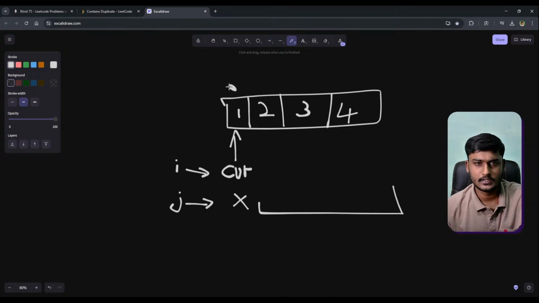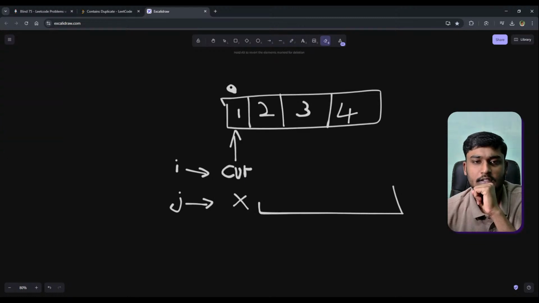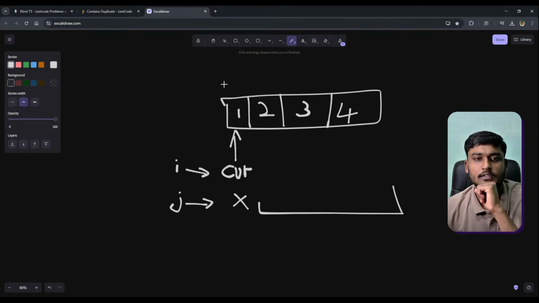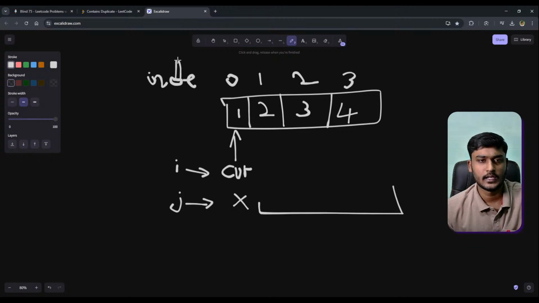Let me write the indexes here: 0, 1, 2, 3. So this is the index, right? Sorry for my handwriting.